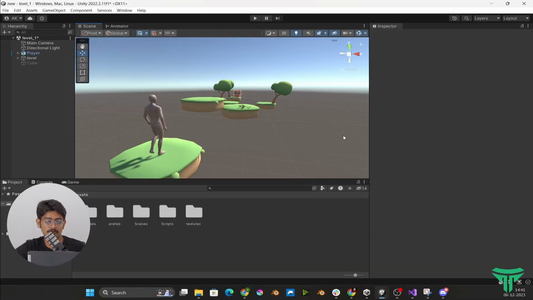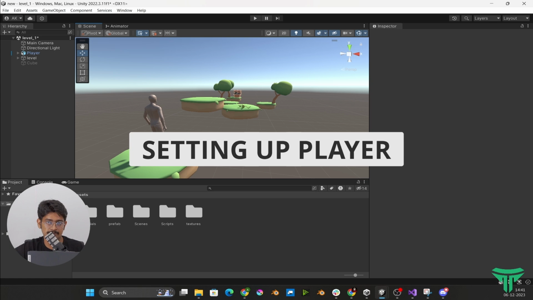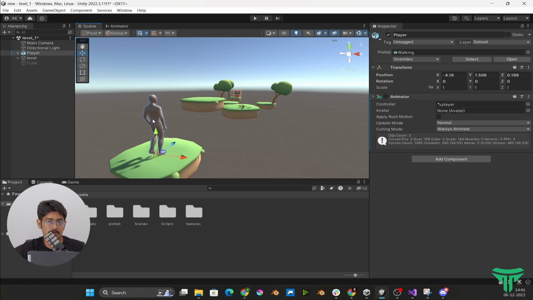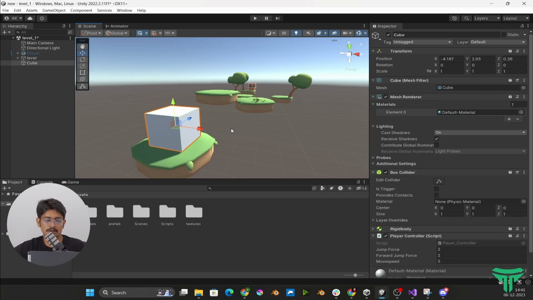So if you remember, a few videos back, we set up our very own level inside of Unity using the SSFP model inside of Blender. Now today we are going to leverage this level and set up our very own player controller. Now instead of using the mannequin that we downloaded earlier, we'll be using a default cube. And don't worry, we'll get to the mannequin part when we are setting up the animation as well as the blend tree for it. But for today's reference, we'll be using this cube as our player,